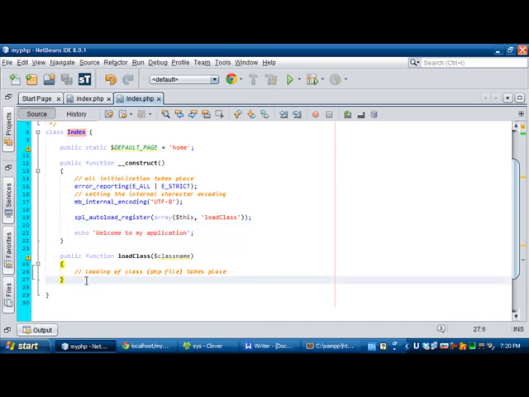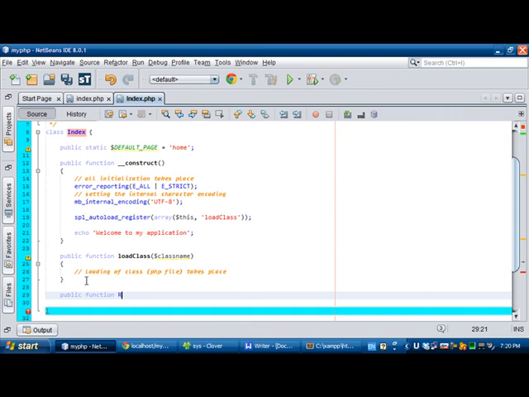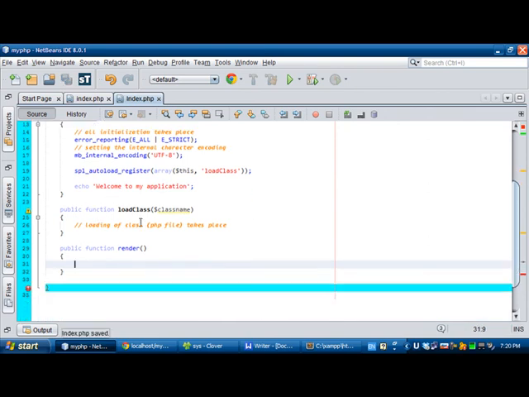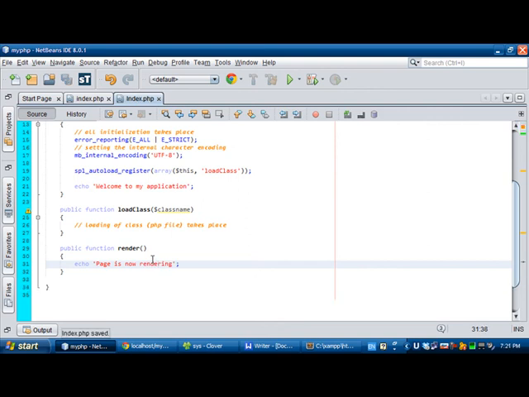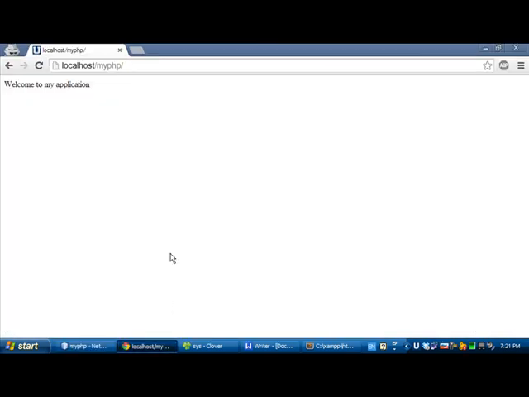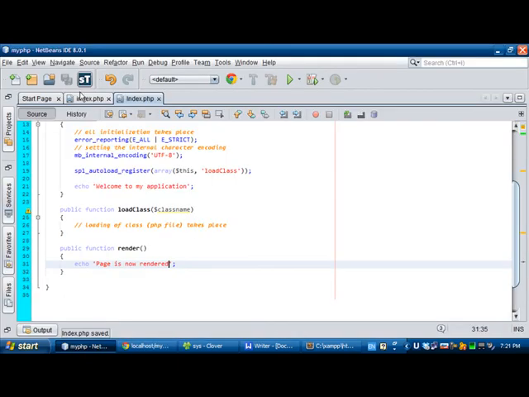Right now we need a function that will render the page. So render. So here we're going to have, page is now rendering. Okay, then that's it. Page is now rendered. Now on the index.php, let's try calling the